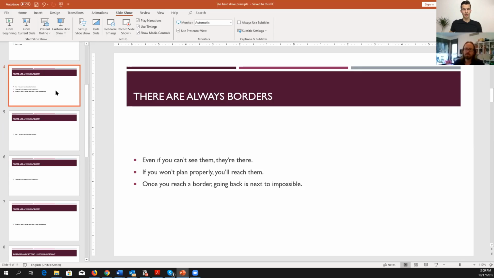Some project which is really easy to imagine for everybody who is watching is, for example, website development. So we have a client who wants us to develop a website. What are the steps to apply using the hard drive principle with this specific client? What questions should we ask to identify these borders you are talking about?